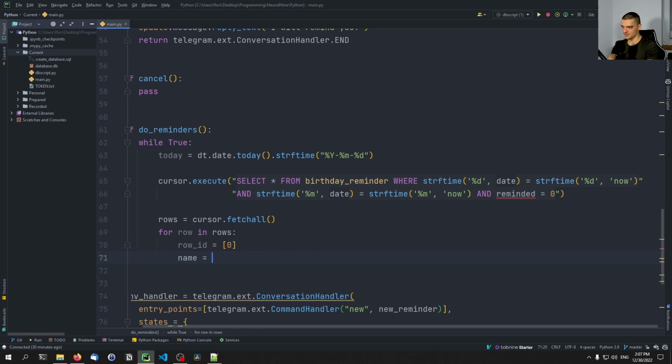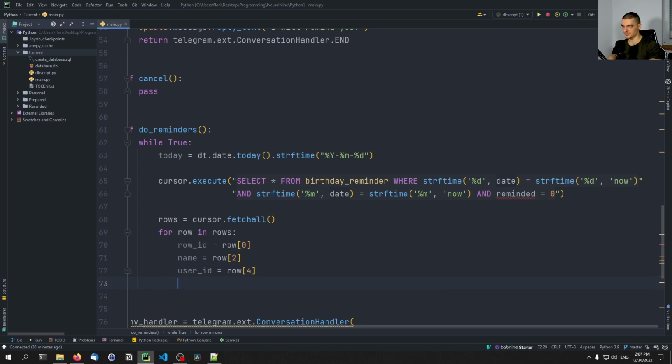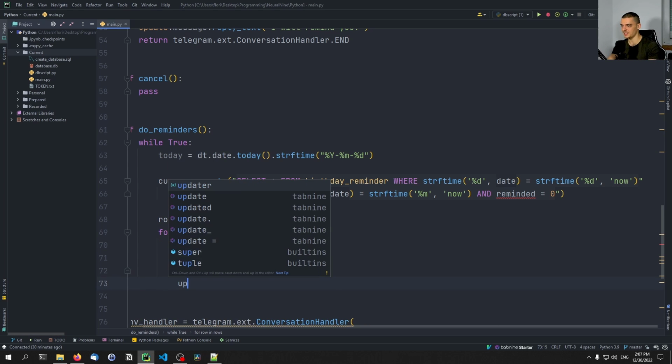The name is going to be row 2. The user ID is going to be row 4. This is just the positions of the individual fields in the table by default. We are going to extract those values, and we're going to then say